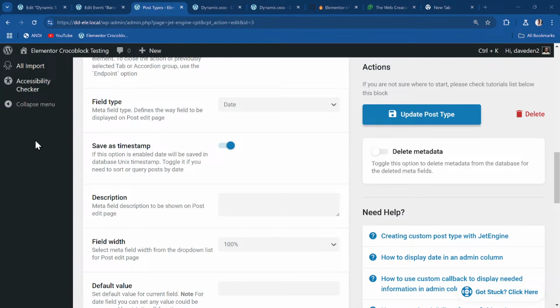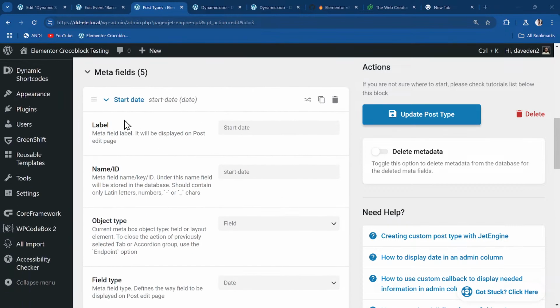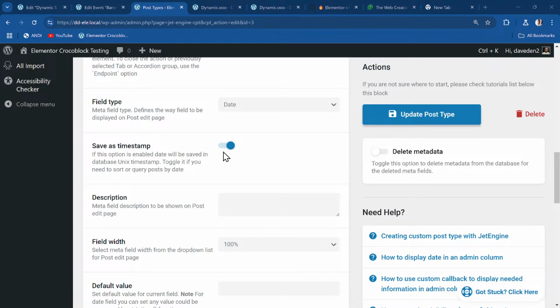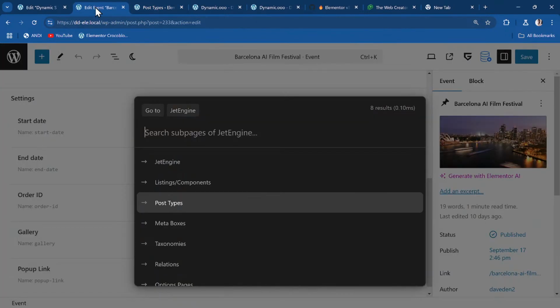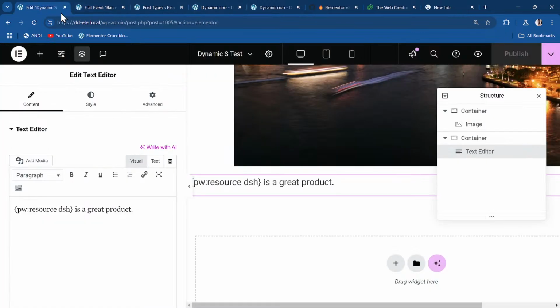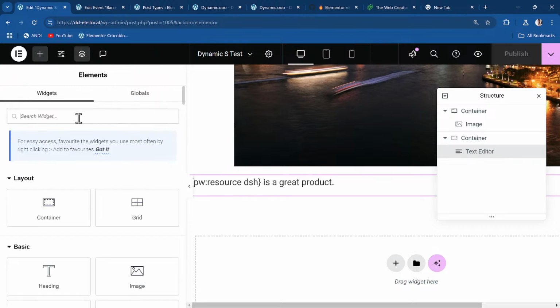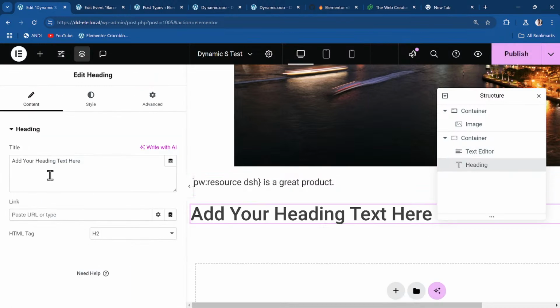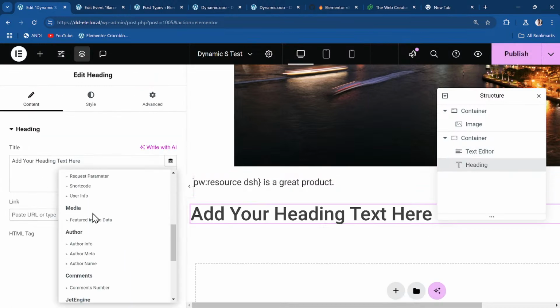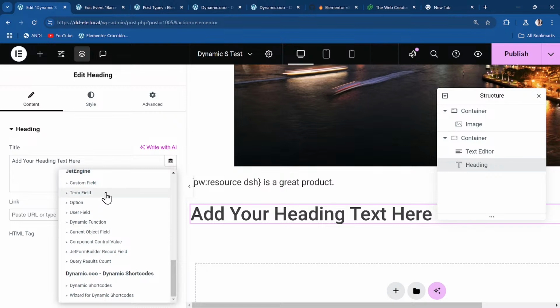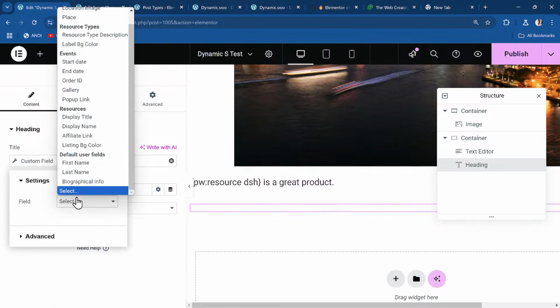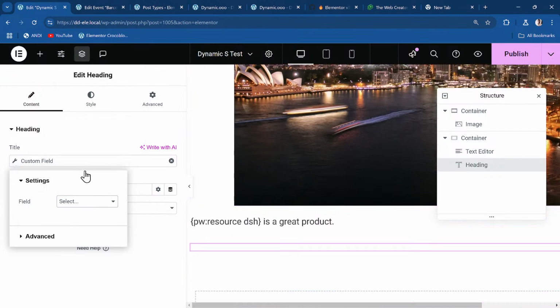So as I was saying, with the start date, we have the save as timestamp. When I do this, you start having issues with Elementor. If I use a heading widget and try to retrieve the date, I use JetEngine, then custom field, and I choose my start date. Oh, I can't even, sorry, I'm on the wrong page. Let me first get to